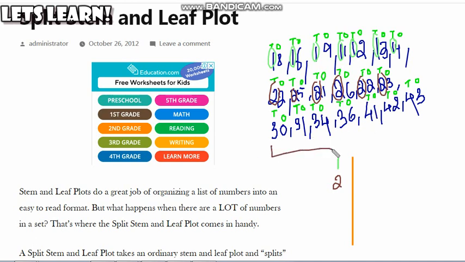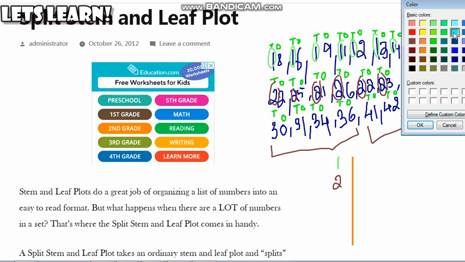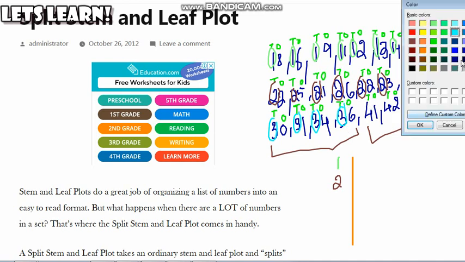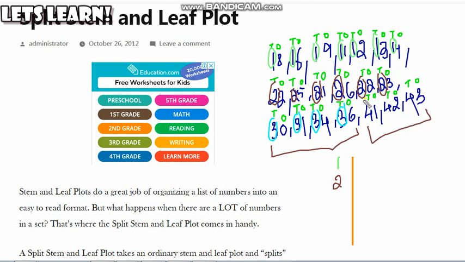Some numbers have 3 coming up in the 10th place, and some numbers have 4 coming up in the 10th place. So let me mark it up with a different color here. So we have 3 in 30, 31, 3 here, 3 in 34, 3 in 36, and then we have 4 in 41, 4 in 42, 4 in 40.